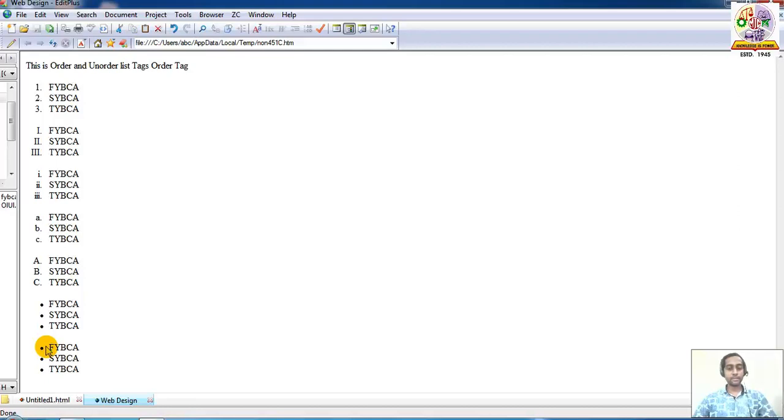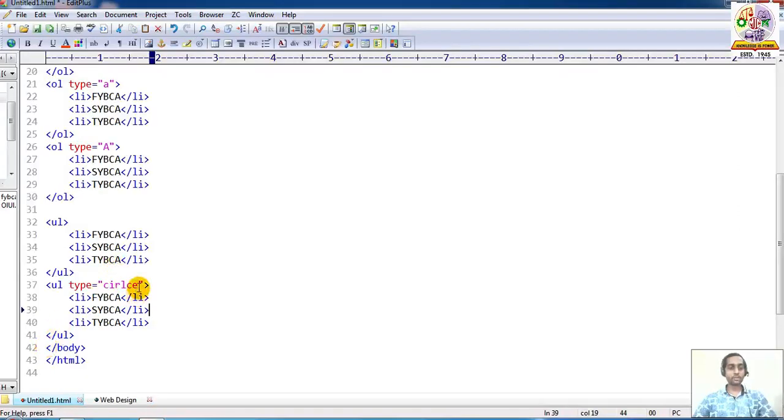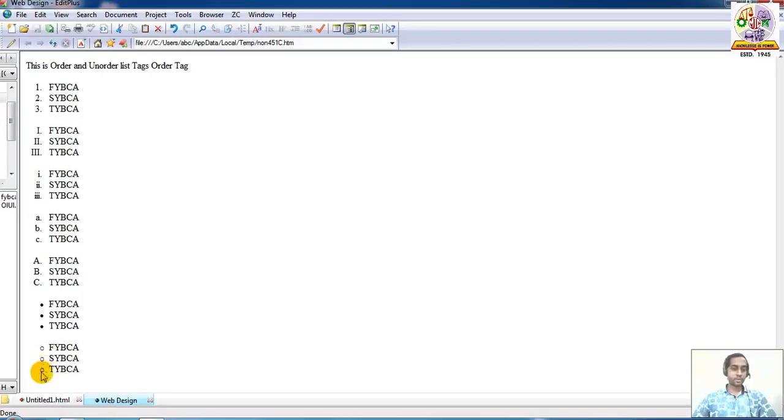Then we check. Okay, it is a solid circle, this is a hollow circle.